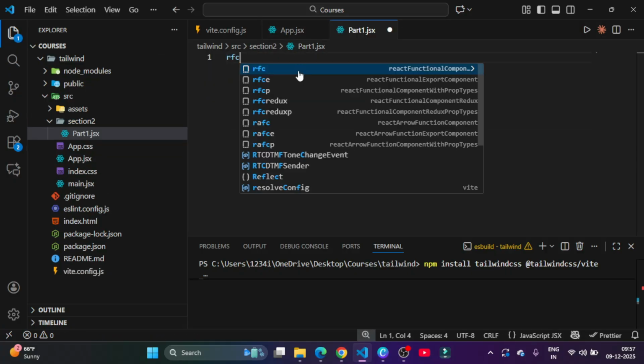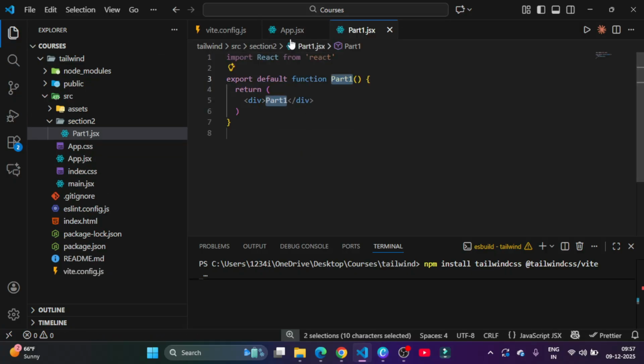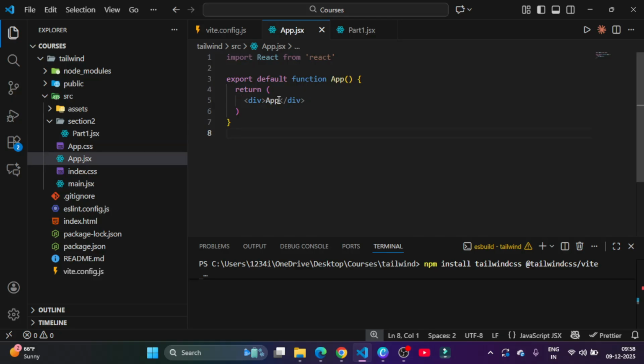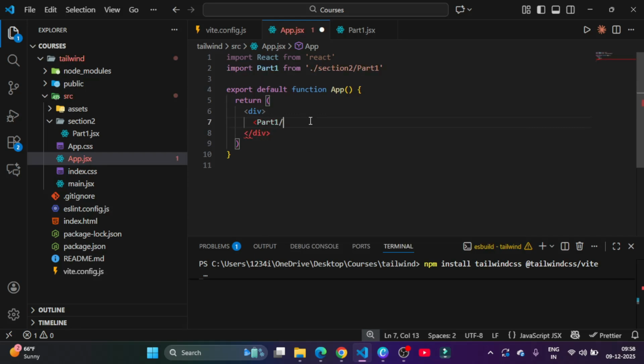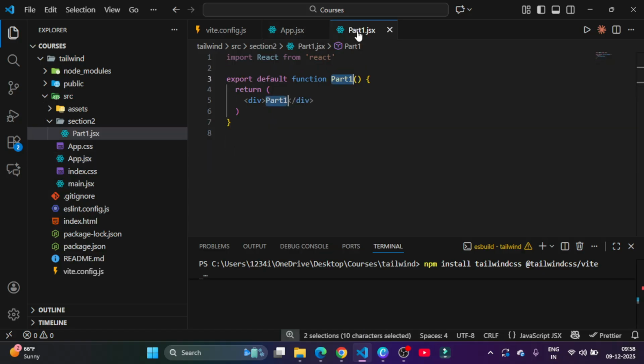So rfc, and then I just import it here. So here you can see the Part1 import. Now here you go. So let's say if you put class, okay, sorry,